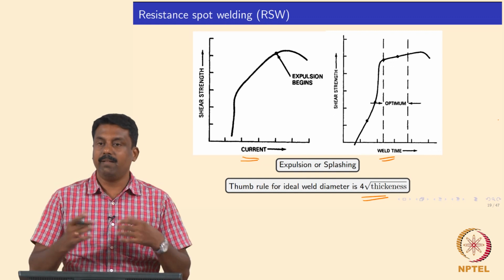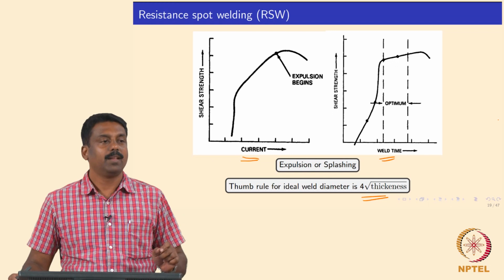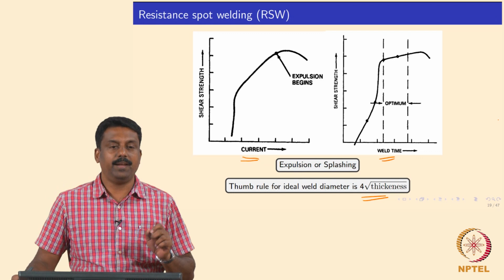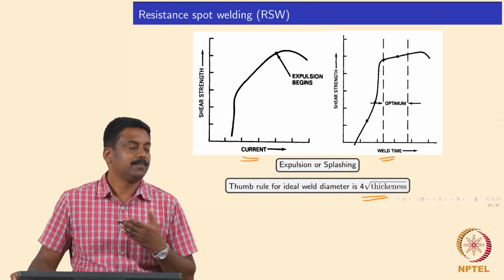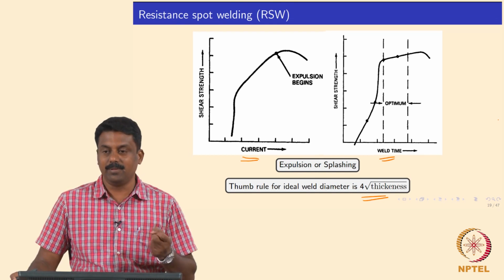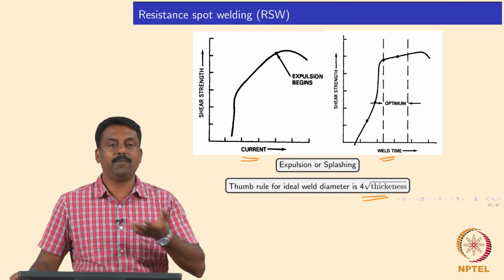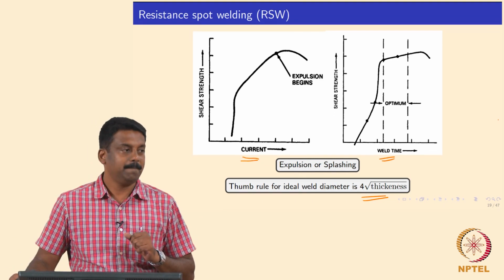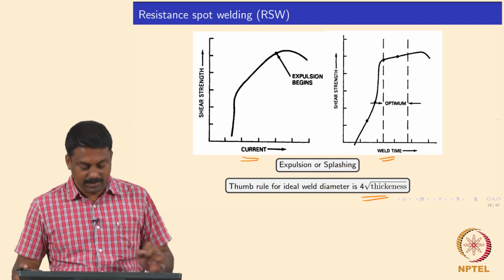So developing welding process parameters for resistance spot welding is a very laborious experiment. Suppose you are developing a steel for an application, you will have to generate such weld growth curves for varying thicknesses, and then give that to a customer, so that the customer can choose a welding parameter for the thickness he is using in some area. You may use a different thickness in different parts, so then the same welding parameter cannot be used, right.